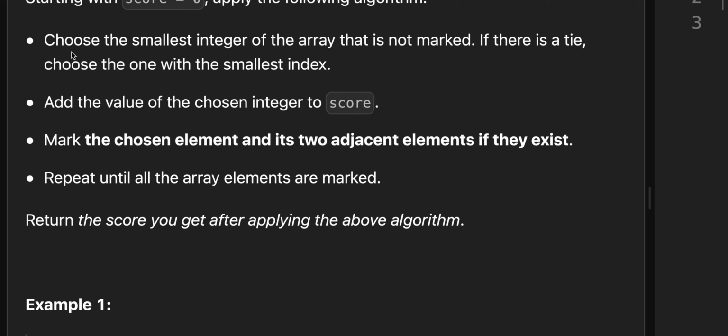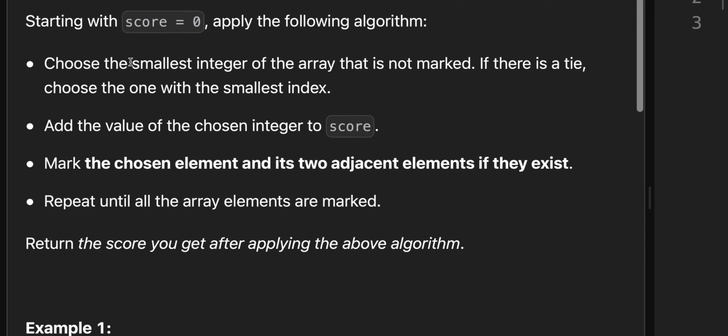So when I read something like this, I think of a heap, where we can use the heap to first store it by the smallest integer, and then the second value would be the index, and we'll let the heap deal with both of those criteria for determining the smallest integer. Next